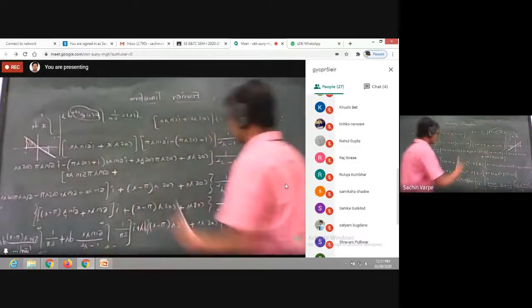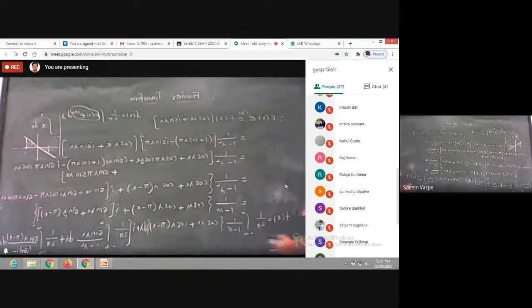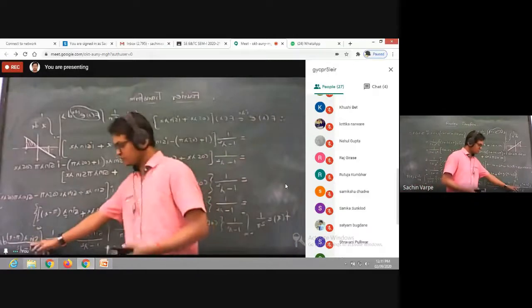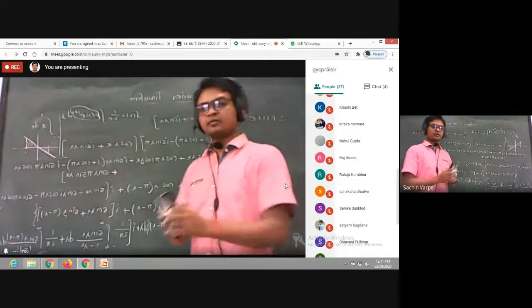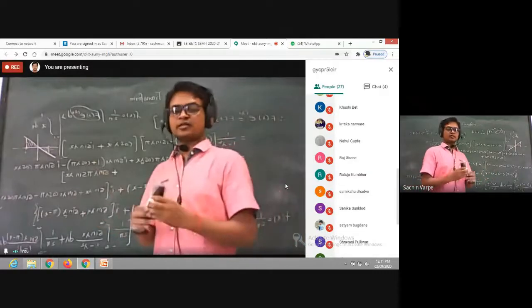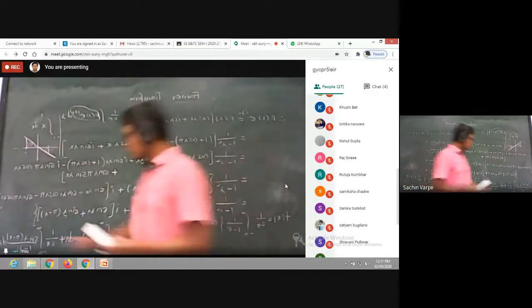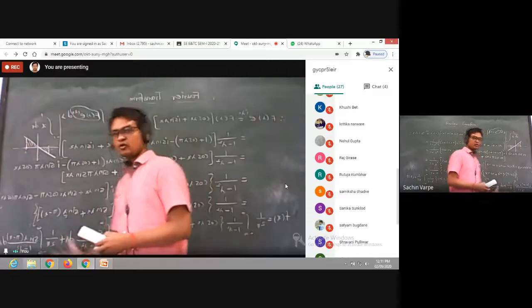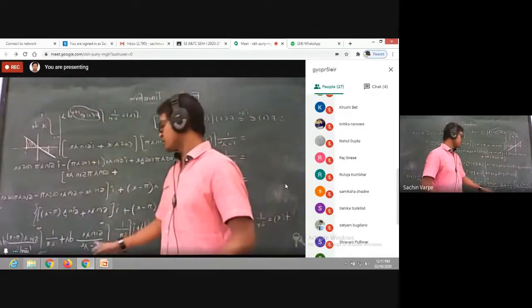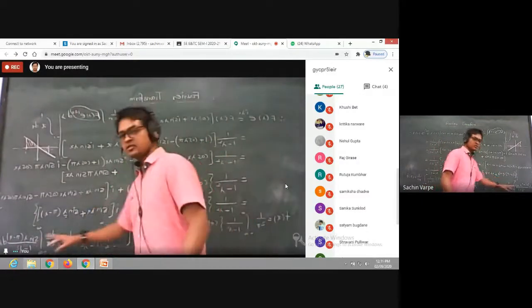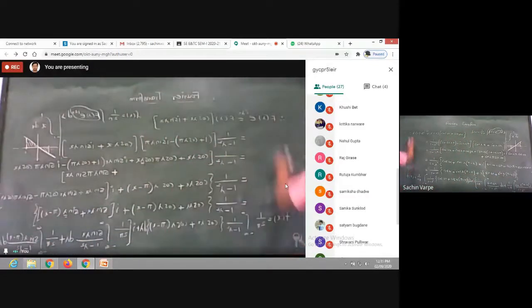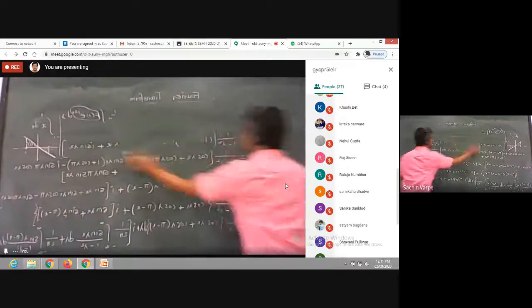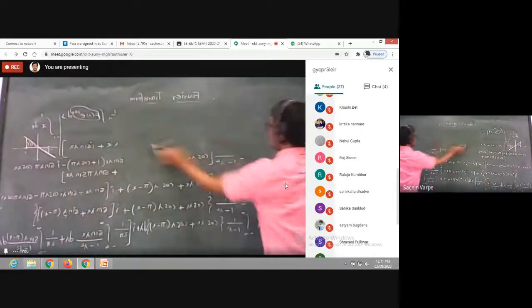You can write the explanation that since sine is an odd function and the integration of an odd function over a two-sided interval is 0, therefore these two integrals are 0. I'm not going to write separately. Yeah? You have to write. Therefore these two integrals equal 0, and therefore what I'm getting, f(x) is equal to,